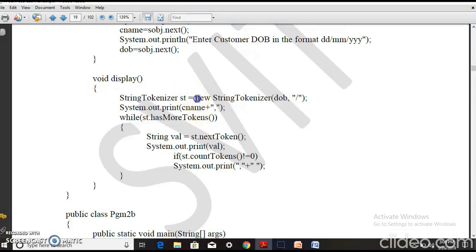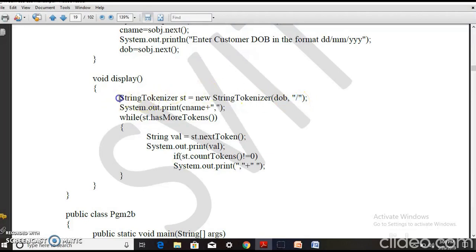So use the keyword new, then the class name StringTokenizer, then you have DOB, that is what I need to break into tokens, the date of birth. So comma, and the first argument is a string that has to be broken into tokens, and the second argument is what? The delimiter, which will be used to break the string into tokens, and that is the slash here.